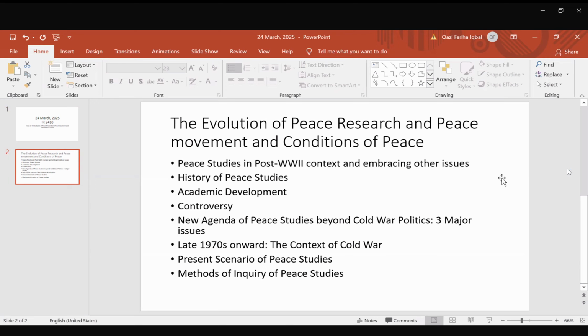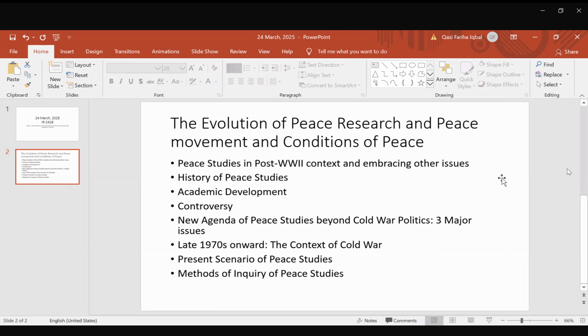If we look into the concept of peace studies, what is it? It is a field of study that developed after the Second World War. That is very important. And why did it emerge after the Second World War? Why not before? Because the overall social and internationalist movements failed to prevent the outbreak of two world wars.